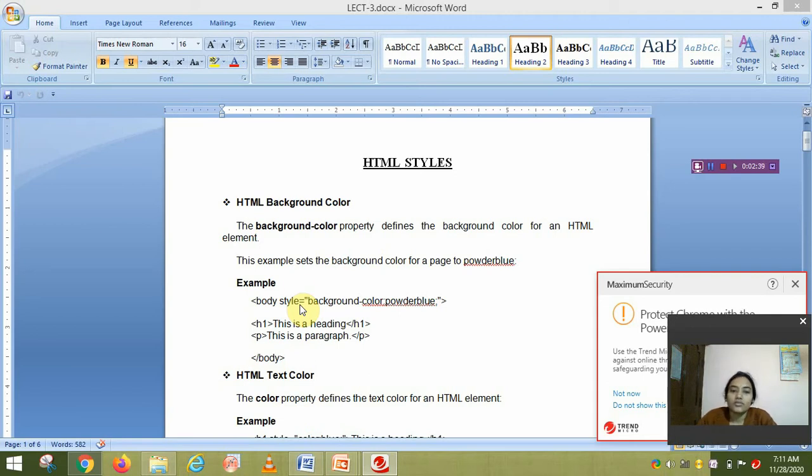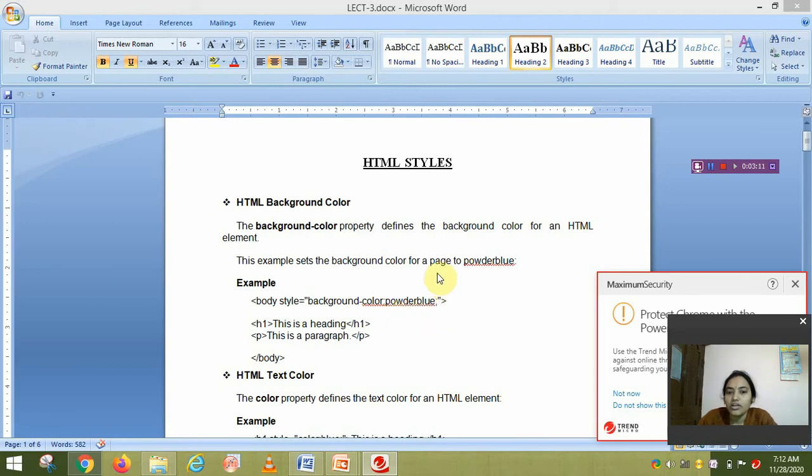So for that we write this attribute inside the body tag. First we start the body tag, angular bracket start body, then style equals background-color, colon symbol, then powder blue, or whatever color name you want.